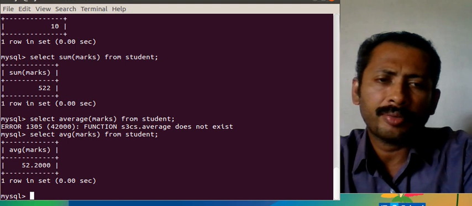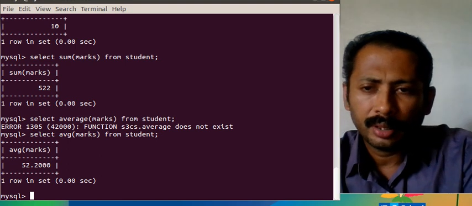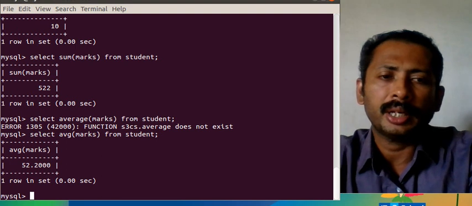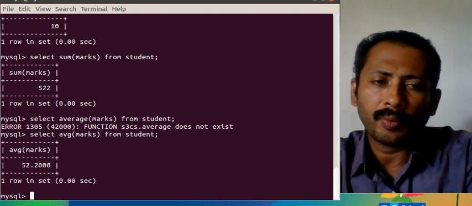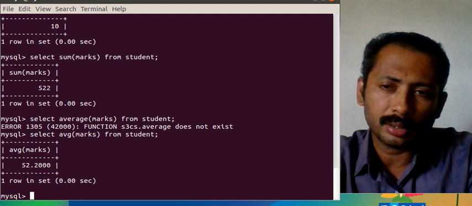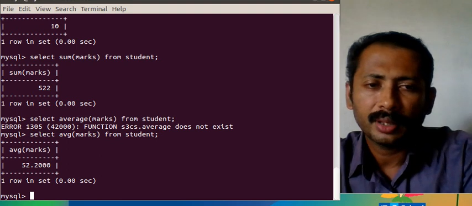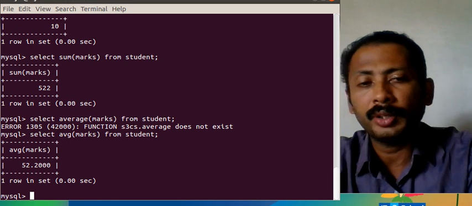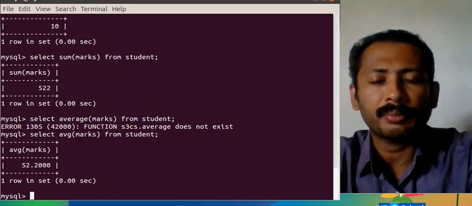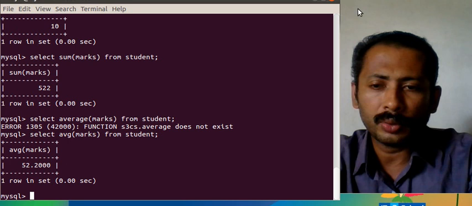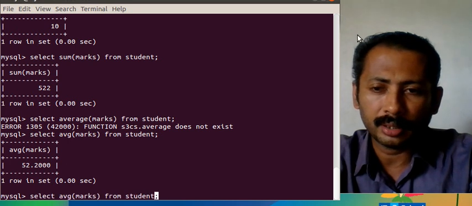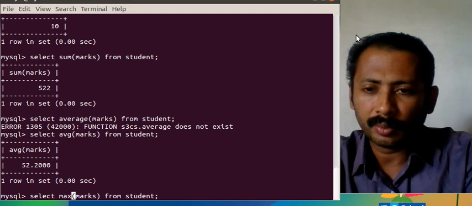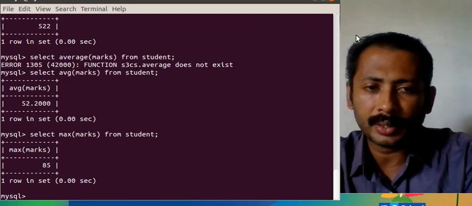This is a very powerful feature of SQL because we can use these aggregate functions for retrieving many conditions. Likewise, if I want to get the name of the student who has scored the highest marks, we know how to get the highest marks: max of marks. So this is the maximum mark.